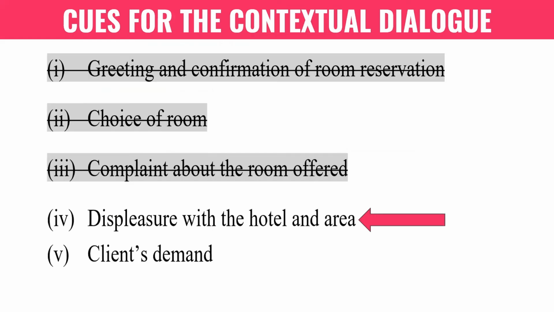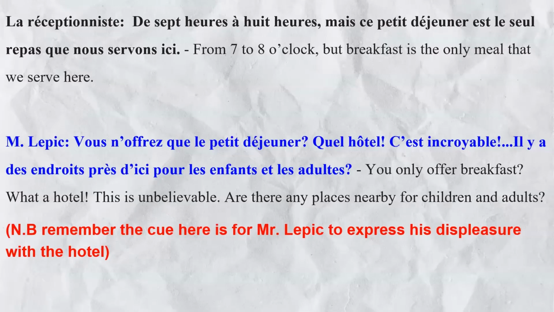So our next cue says, displeasure of the hotel and area. So what I have written here is, vous n'offrez que le petit déjeuner? Quel hôtel! C'est incroyable! Il y a des endroits près d'ici pour les enfants et les adultes? You only offer breakfast? What a hotel! This is unbelievable. Are there any places nearby for children and adults? So let's see if that fits in the context